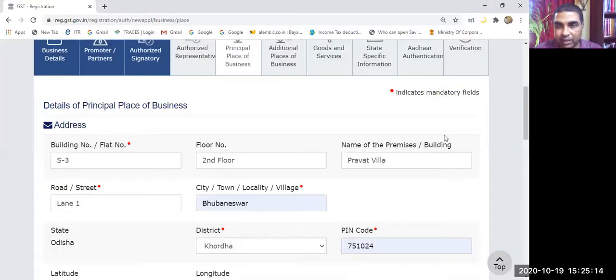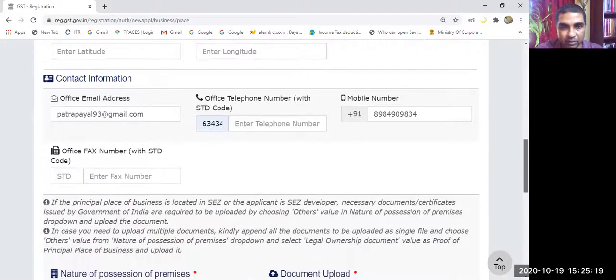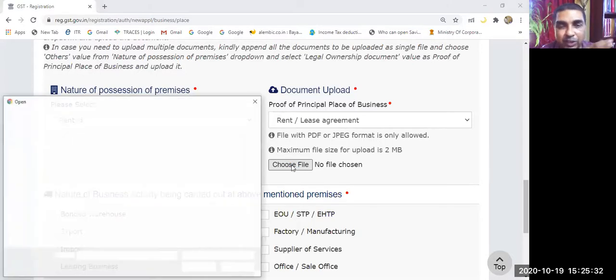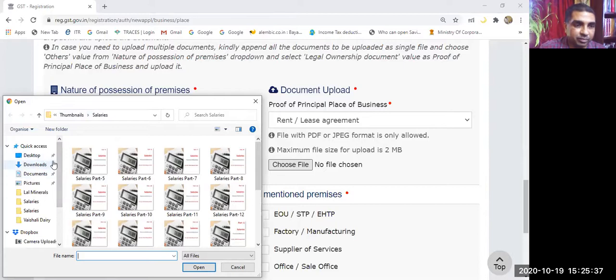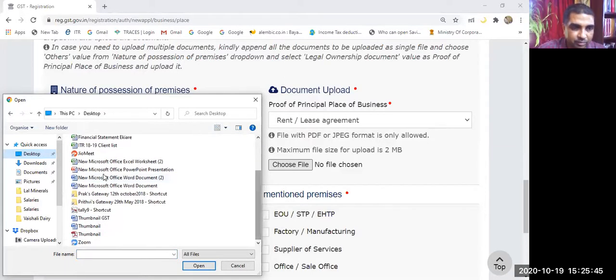Yeah, what is your question? Please tell me. I was asking that over here, the PDF we have to upload. Is it mandatory to upload? We won't be verifying it, so can we upload any PDF we want? Any PDF you can upload for demo purpose. For understanding the process, you can upload any PDF. Yes. I am uploading an actual rent agreement.